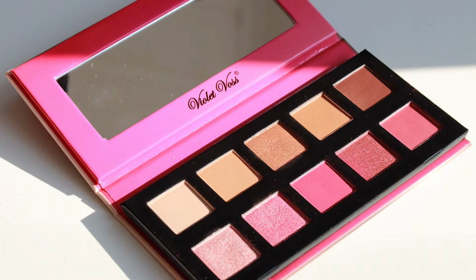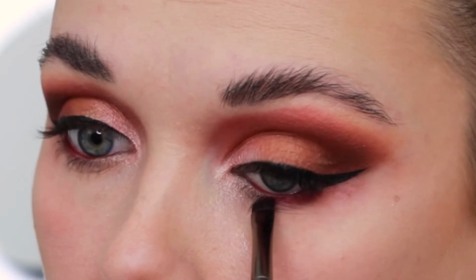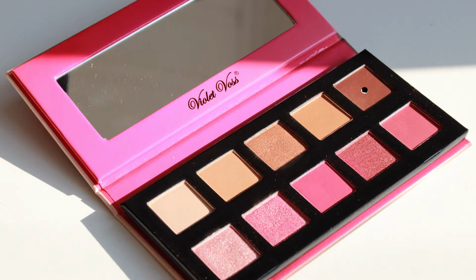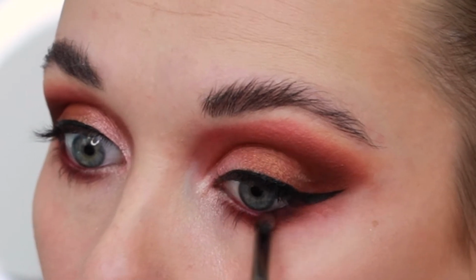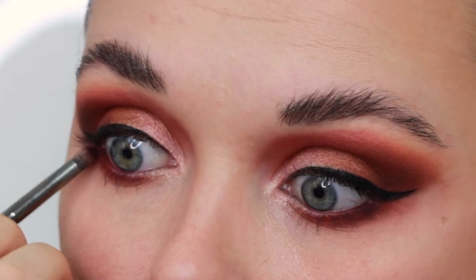Moving on, we are dipping into the magenta shade again. Using a small brush, my Makeup Forever 208, I blend it along the lower lash line, connecting it with my upper lid shadow. Going back to the palette, we are using the brown coffee shade to deepen up the lash line using my Morphe E36. Pulling this under our entire lash line will create a smoky look with lots of depth,